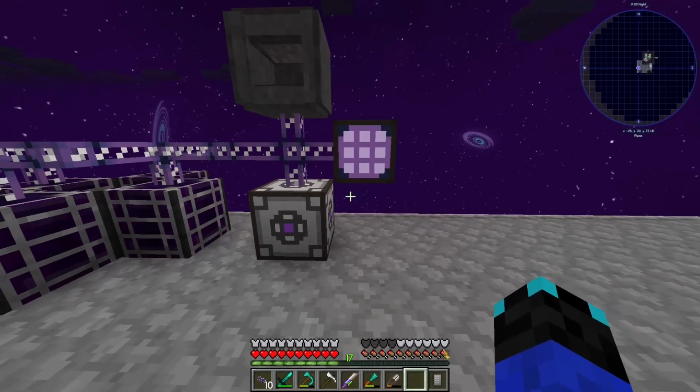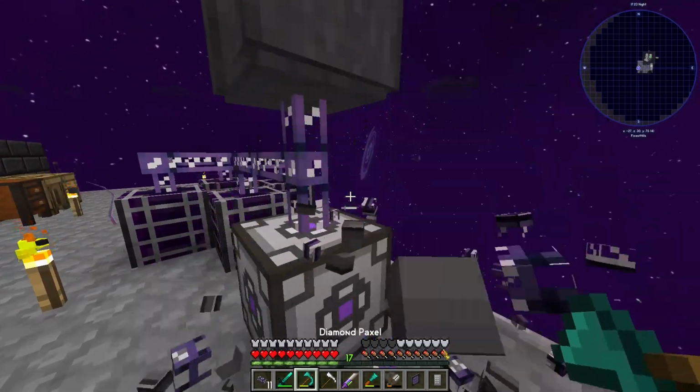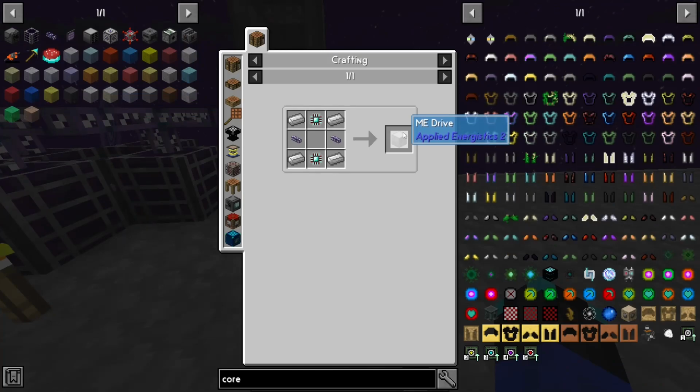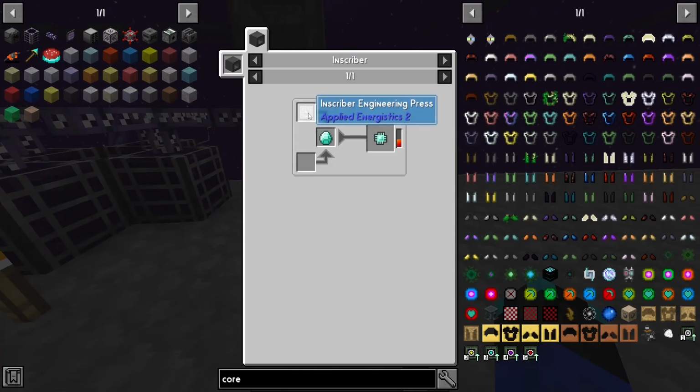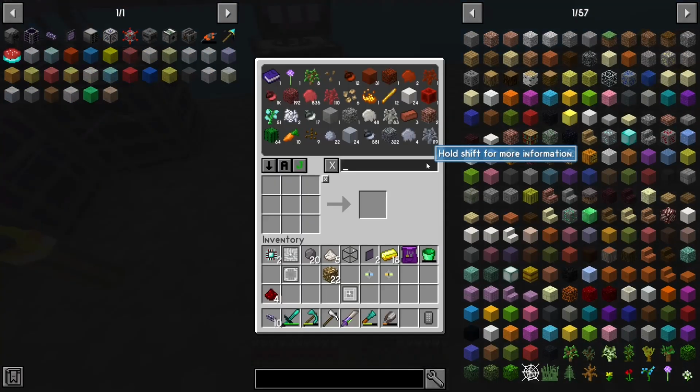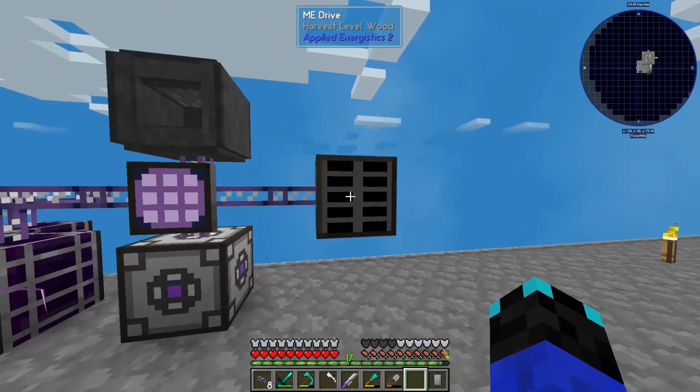And we can slap this right here. Actually, matter of fact, we can put it right here. Now we've just got to create the storage, and we just got to make an ME drive. It looks like we need an inscriber engineering press now, and we got to get that through molten ferroboron. And now we can make our ME drive, and we have one more component to go, which is a storage